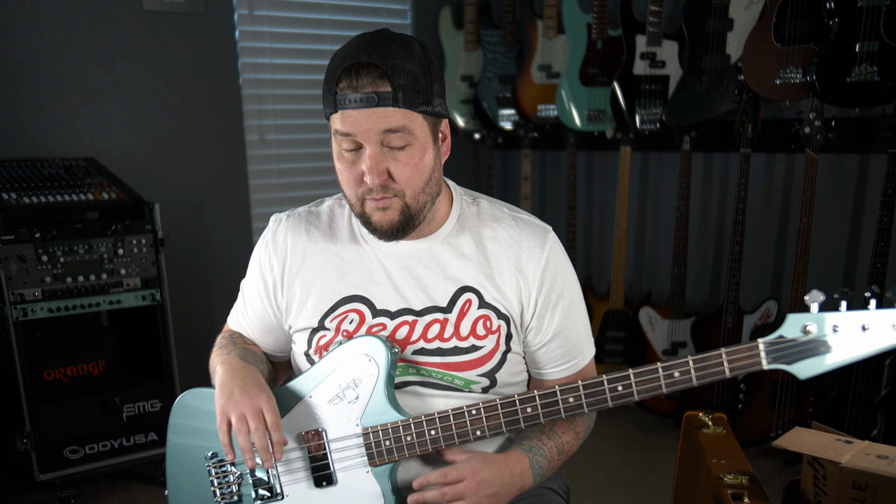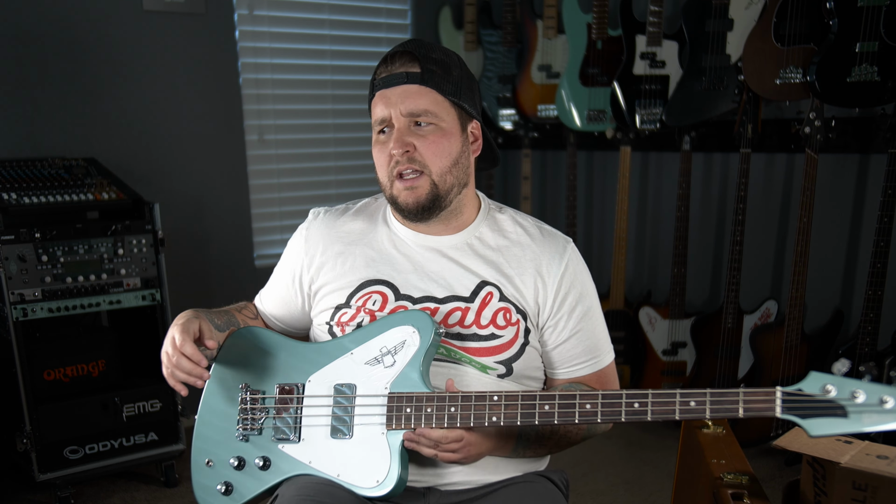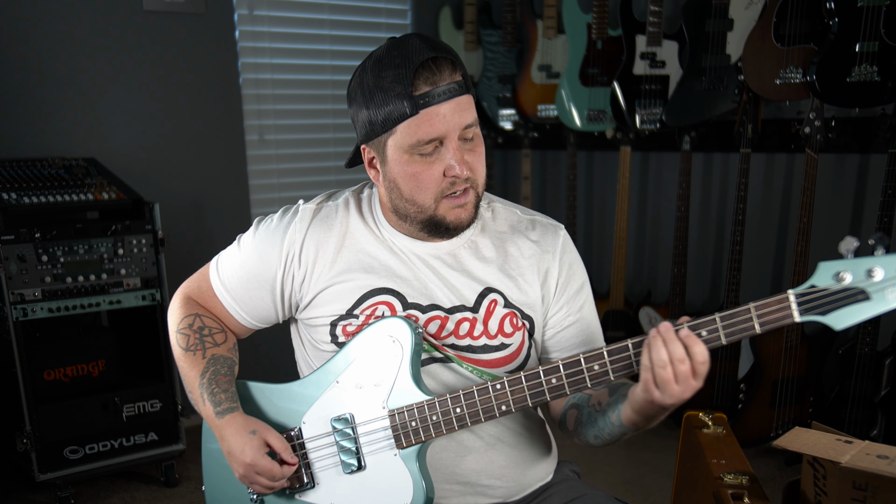It's not horrifically atrocious to where I want to put it down. I would pick my other T-Bird of the two. If you handed me this and the other one, I would play the other one just about every time. Let me try it with a pick. Again, not the pick I normally use, but...